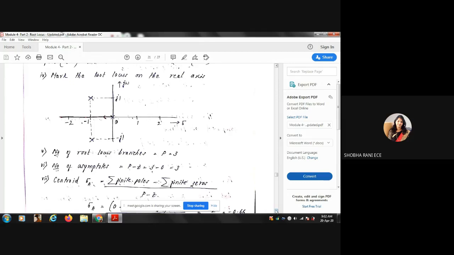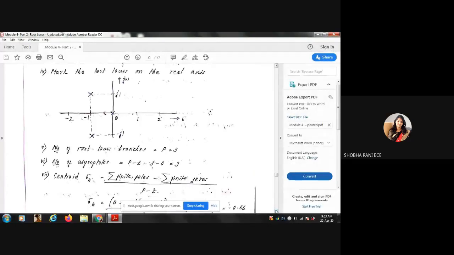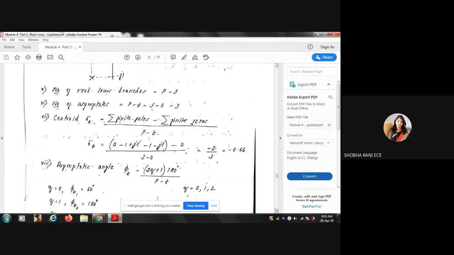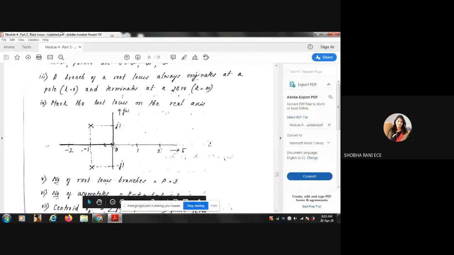So you are always in confusion whether there is a breakaway point or not. Whenever you have any such confusion, the best thing is to just check it out once. So find the breakaway point. Since we have a pole here, the only option is that we might get a breakaway point and not a breaking point, because we don't have any zeros in this problem. So whether it is there or not, I will use the usual procedure.